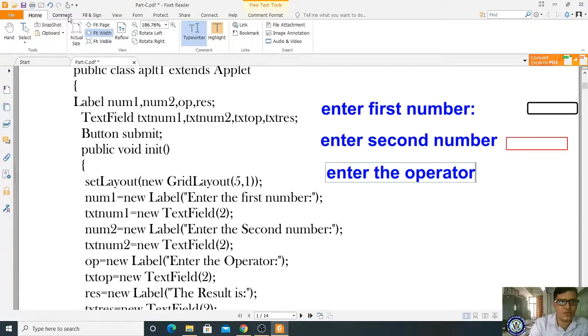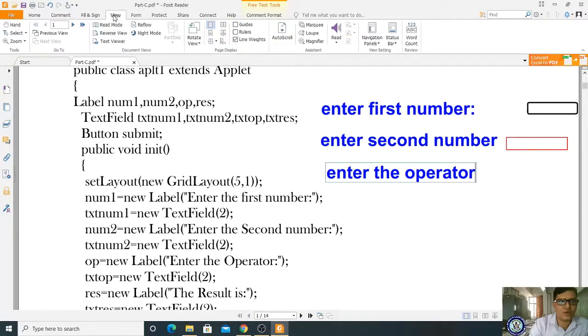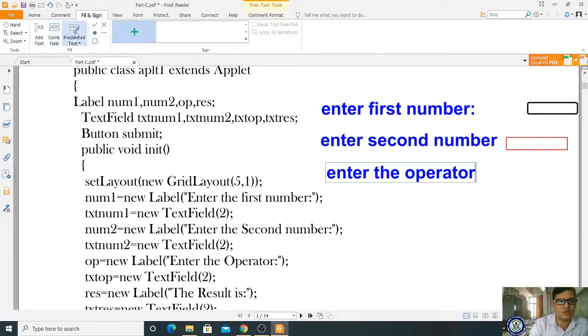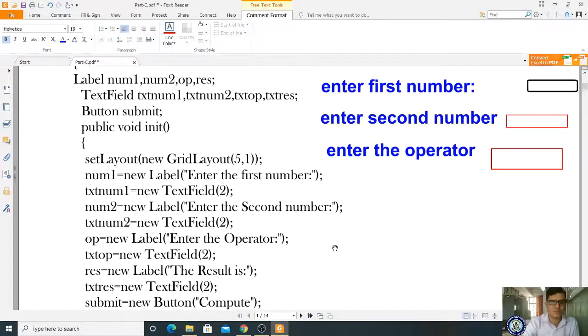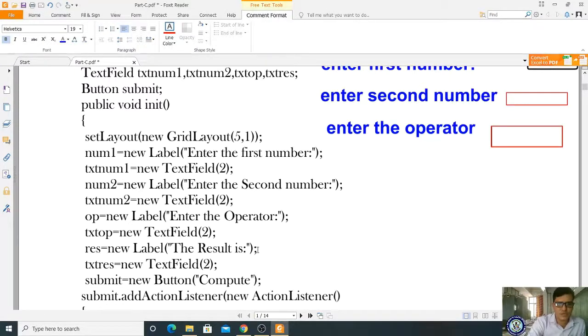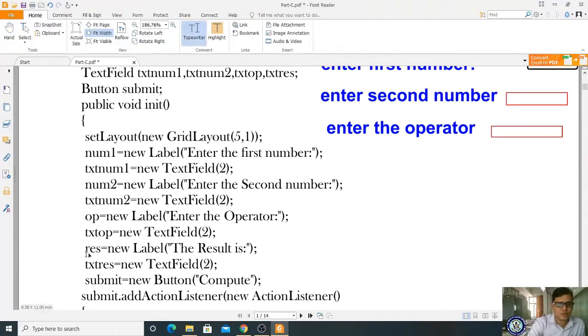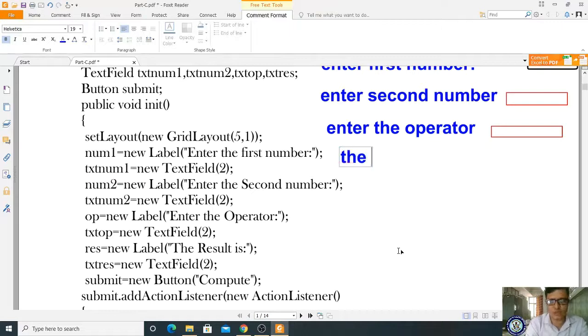So whenever you create, it will create it. Okay, comments, yes, comments is there, right? Here it will come as a text field. Got it? And next one is result. The result is, so first it will display the result, the label. Result is equal to new label. You are creating the label. The value should appear as the result is. Okay, so the result is will appear. In front of that, what are you supposed to create? You have to create the text field. So that is why you are creating here.